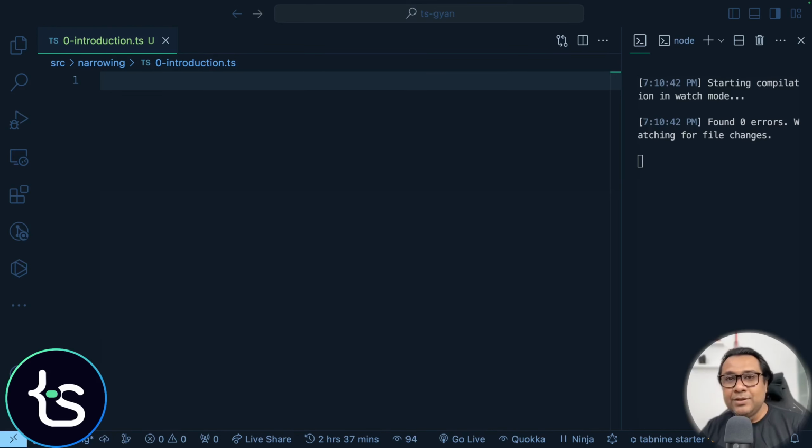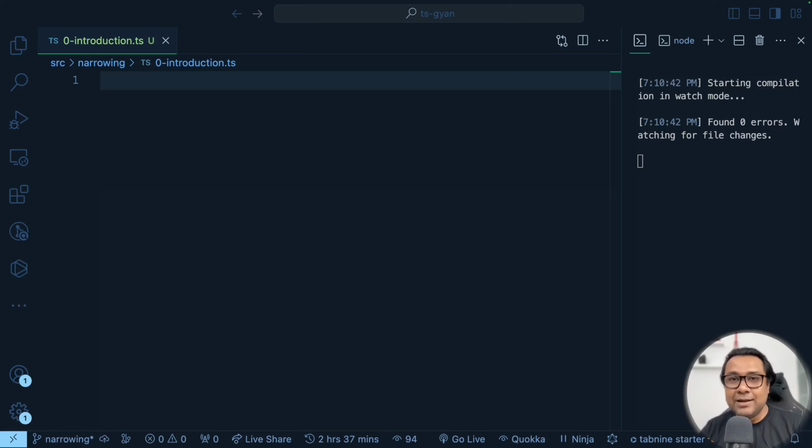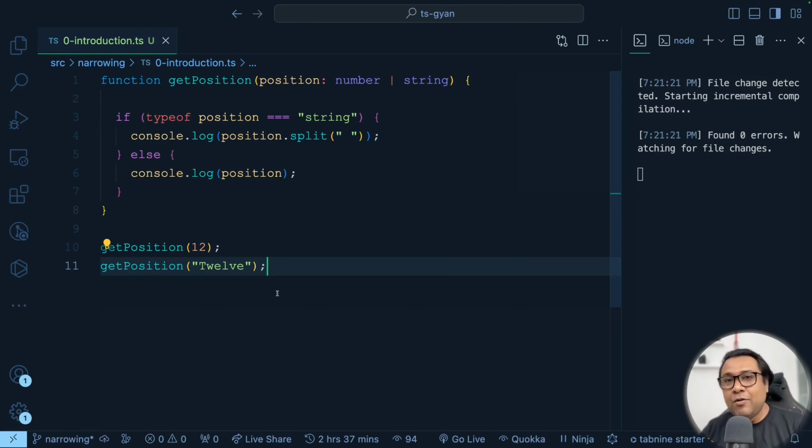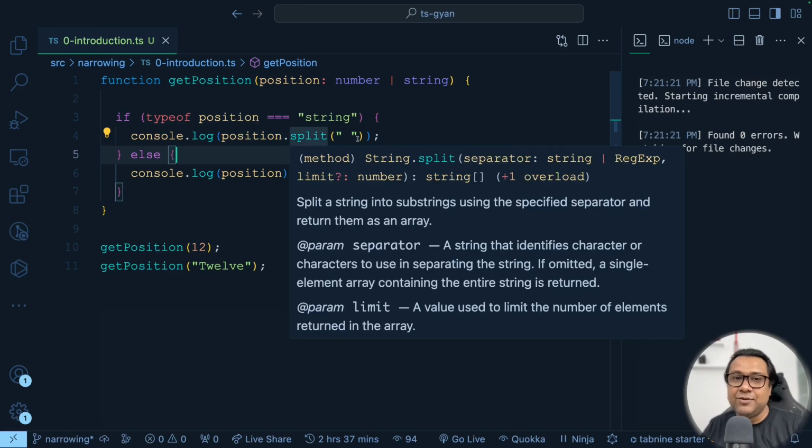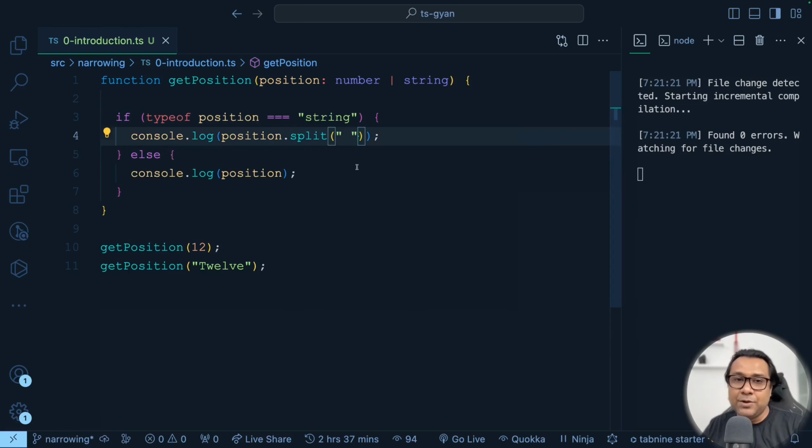Today we are going to discuss and learn about another important concept from TypeScript called narrowing. If you are following along, you would have seen this example in one of the previous videos, where we have a function called getPosition that takes a parameter called position, which can be of type number or a string. Then at a later point inside the function we are doing a check. We are checking that if typeof position is string, then do some string operation, otherwise you print the position